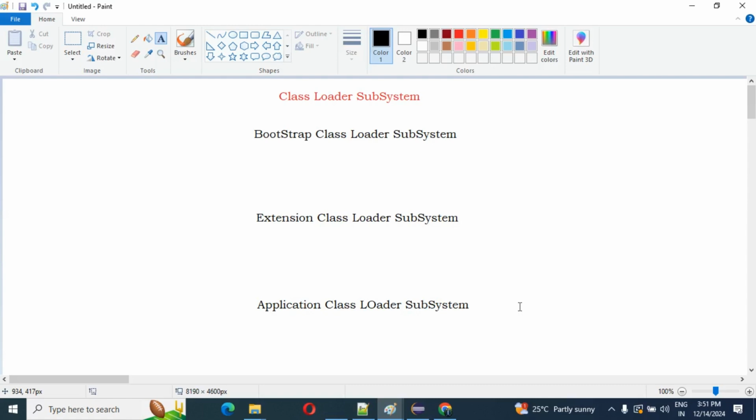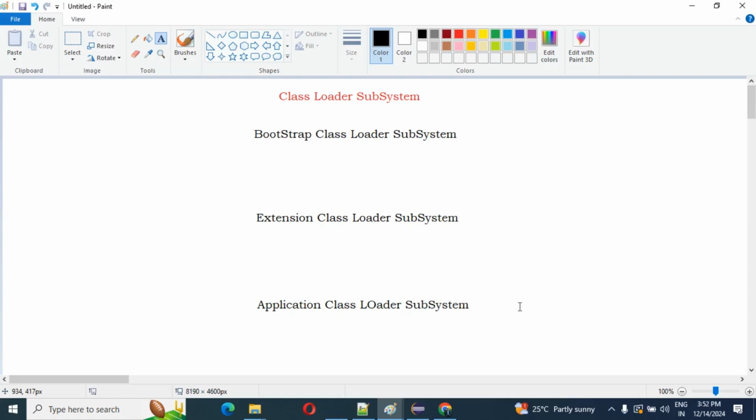Okay? So guys, first we have to discuss which class loader is responsible for loading which class. Which classes is the bootstrap class loader responsible for loading, which classes is the extension class loader responsible for loading, and the same for the application class loader.